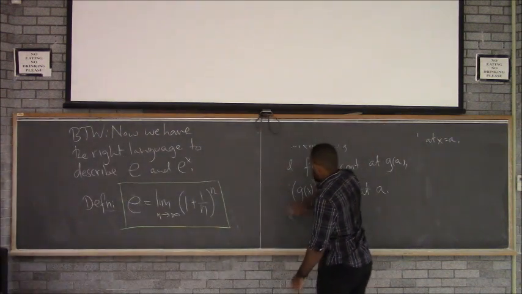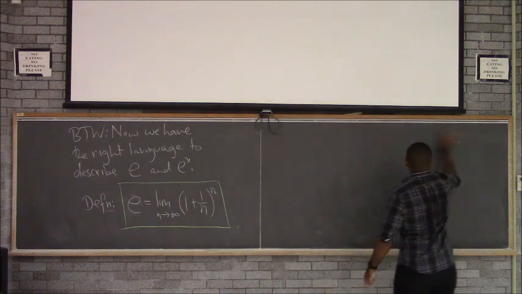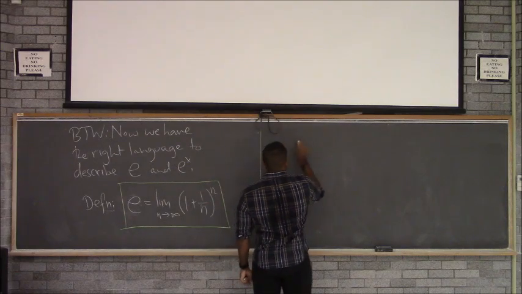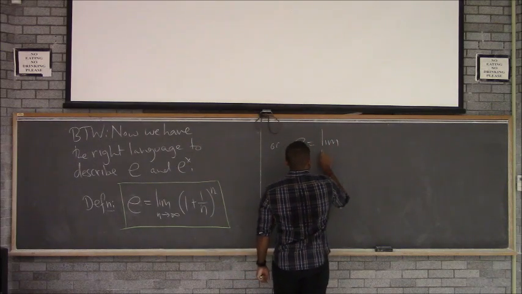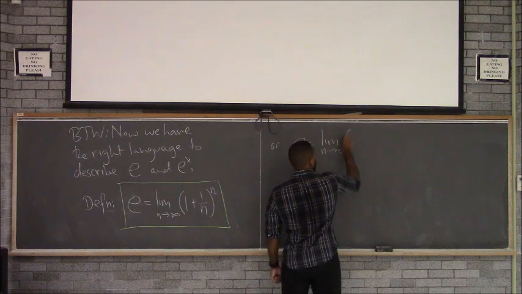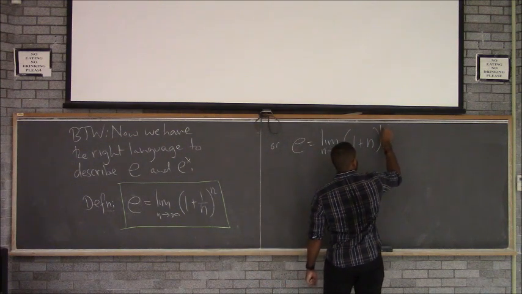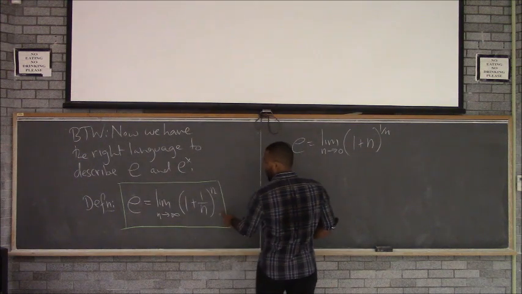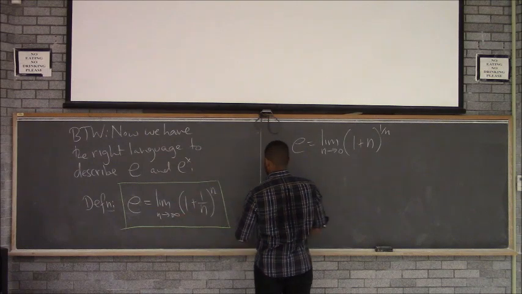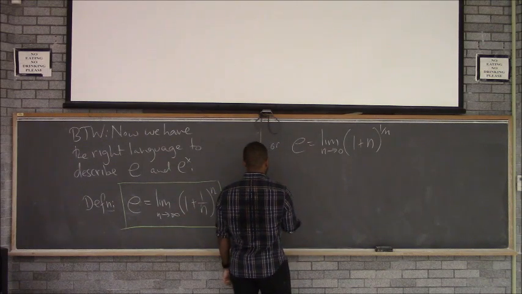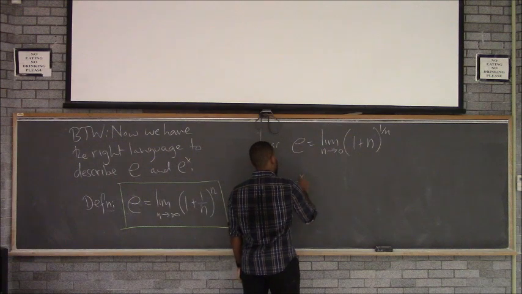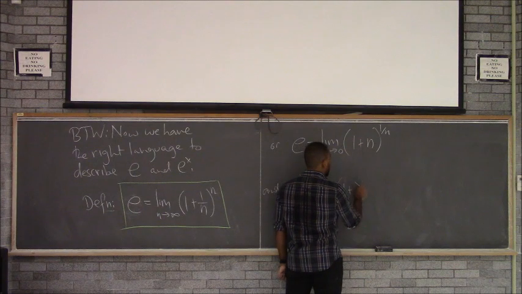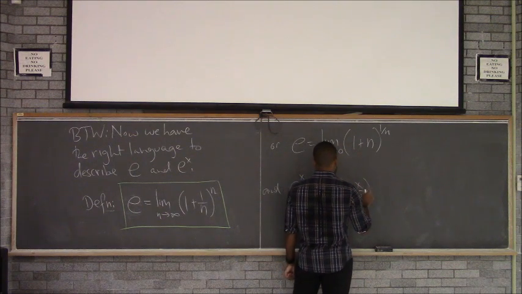Similarly, another way to define this is you can look at it as it's going from 0, and you just change where the reciprocals are. That's also true. This one is more common though because it looks exactly like the compound interest formula, if you remember what that is. And so e to the x you can describe as the limit as n approaches infinity of (1 plus x over n) to the n.